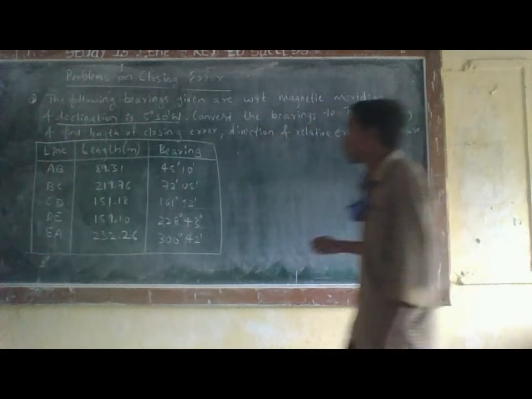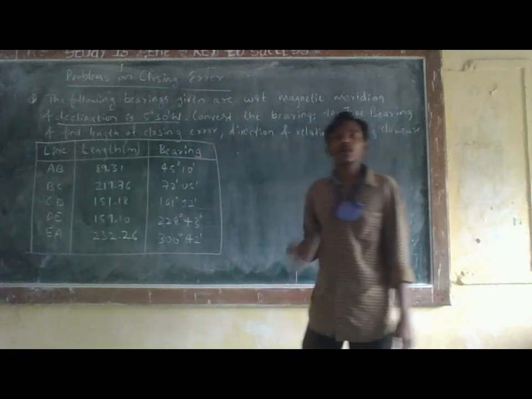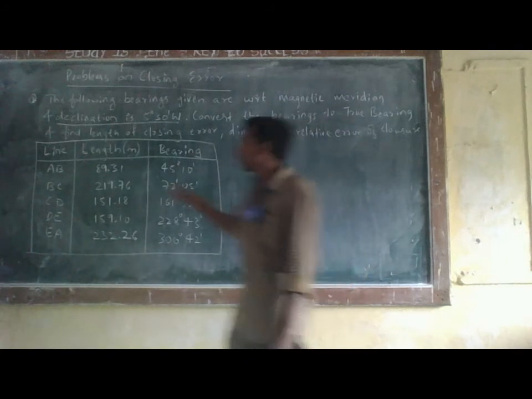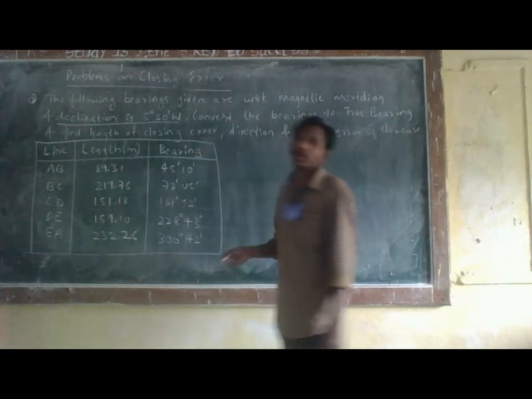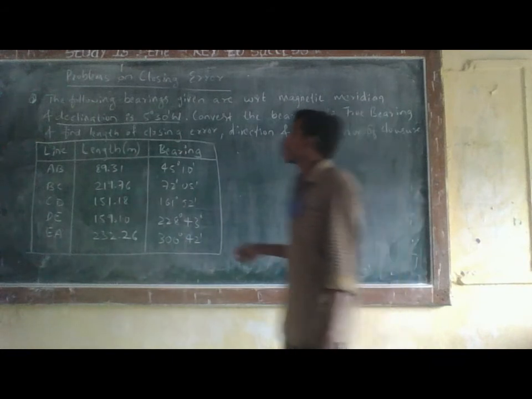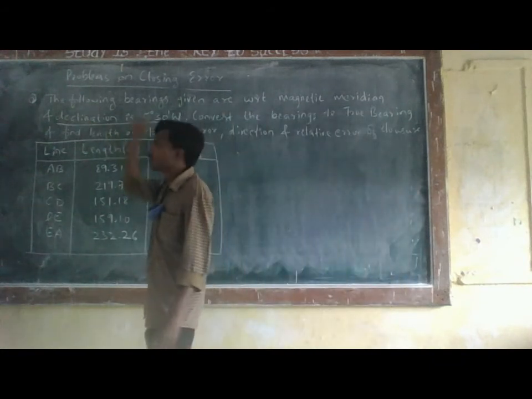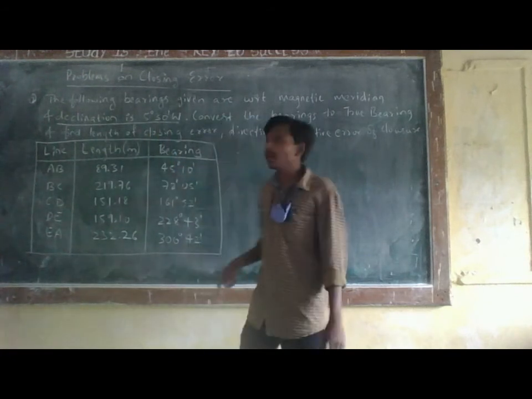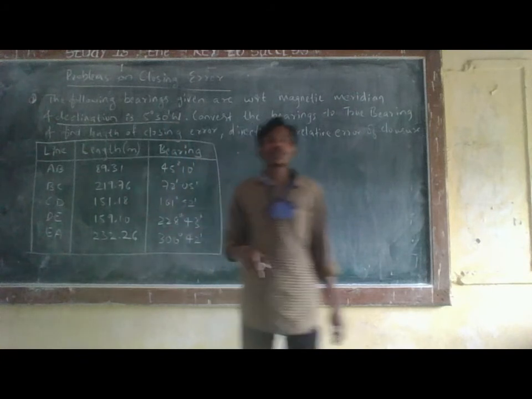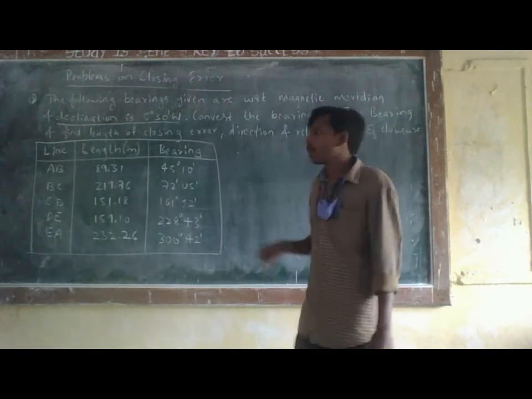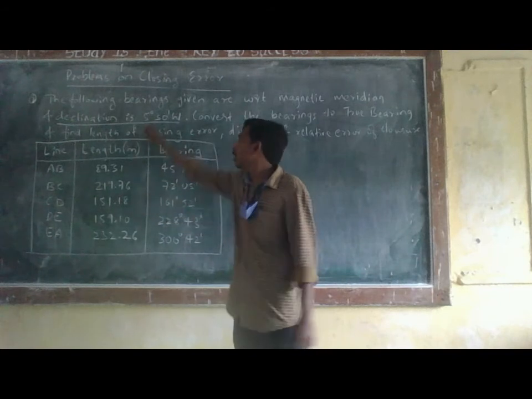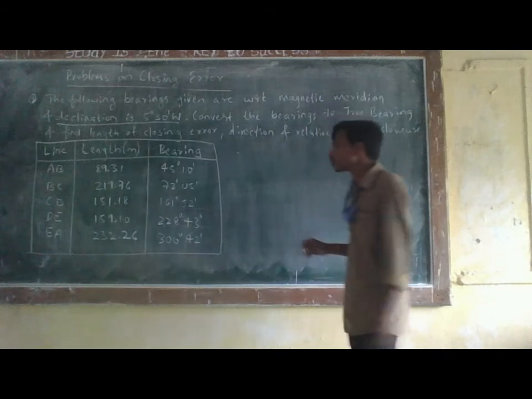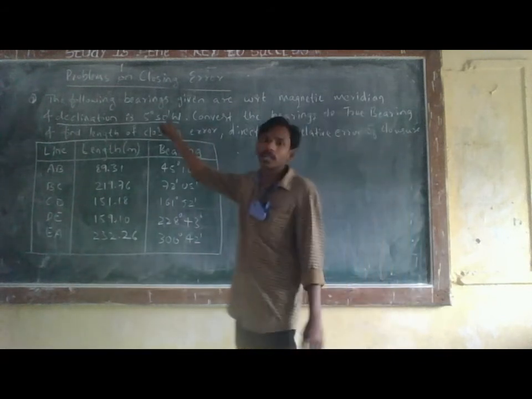So they have given the bearings with respect to the magnetic meridian, and we have to calculate the true bearing of each traverse side. So to calculate the true bearing we need declination. So they have given the declination in the question itself. So the declination is 5 degrees 30 minutes west. So here west is denoted because west means we have to deduct the 5 degrees 30 minutes in the given bearings. Now which means we have to take the sign minus.